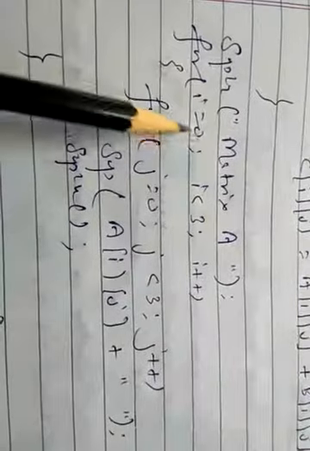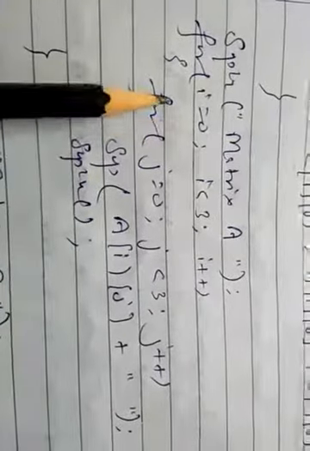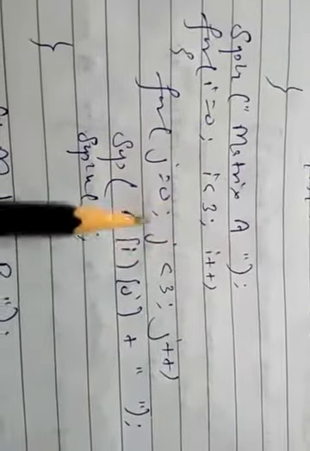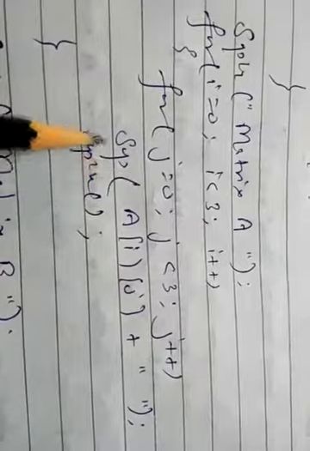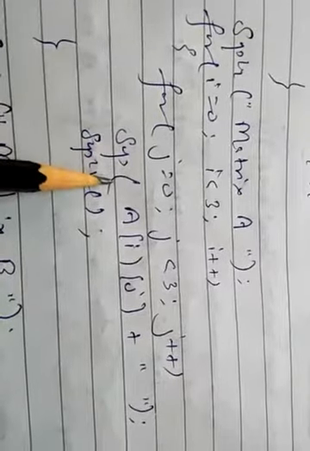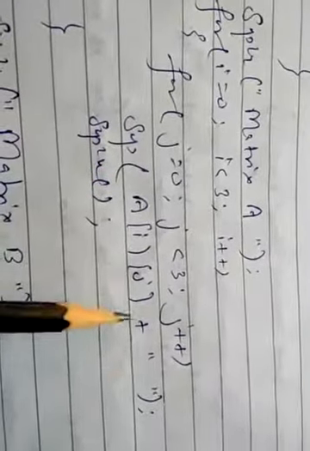and the size of the matrices should be exactly the same. Now first we are printing the matrix A. The loop will be the same: for i equals 0, i is less than 3, i plus plus; j equals 0, j is less than 3, j plus plus. System.out.print. Here we require only the print statement: a[i][j] plus a space.